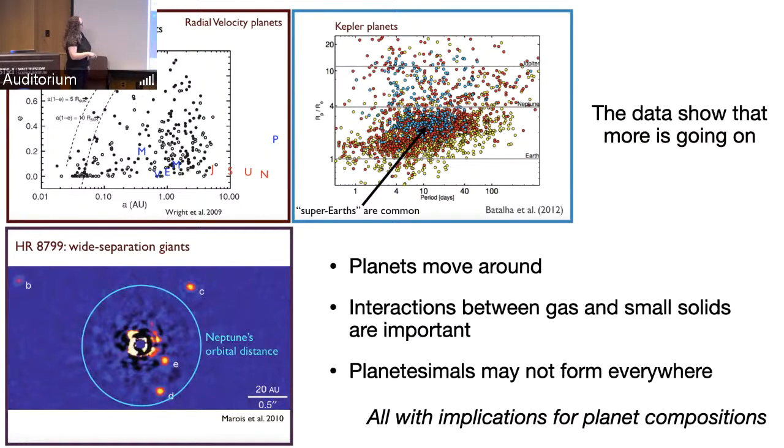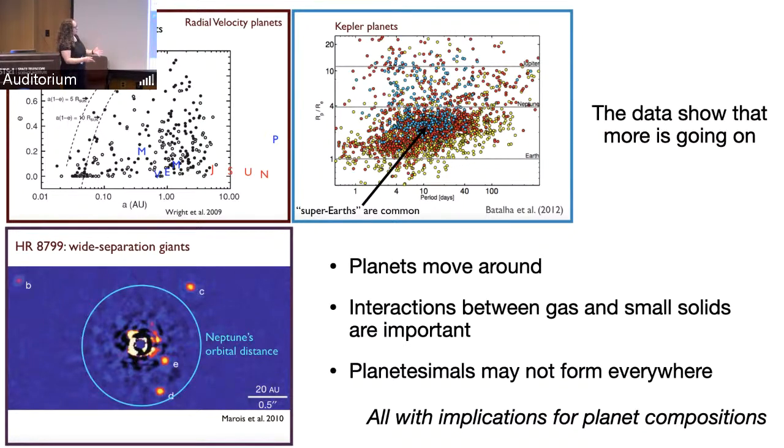And then, of course, from direct imaging, we know that there are wide separation giants. And these are so far away that that formation model just doesn't work for them as is. You can make these potentially through gravitational instability if you want, if this is the tail of a distribution. But if there are a lot of these out there and this is part of the giant planet population, then we need another way to make this work.